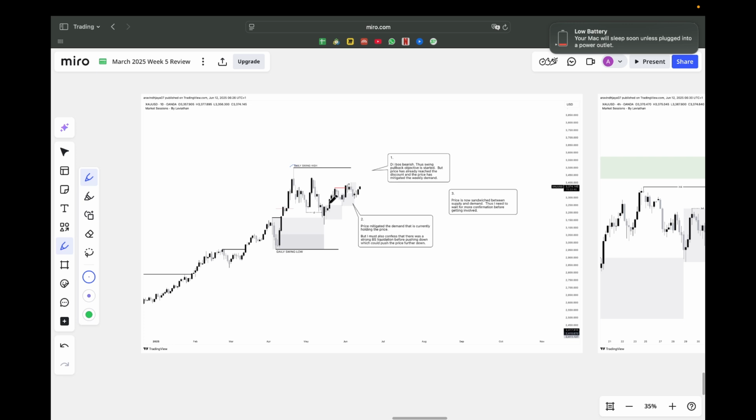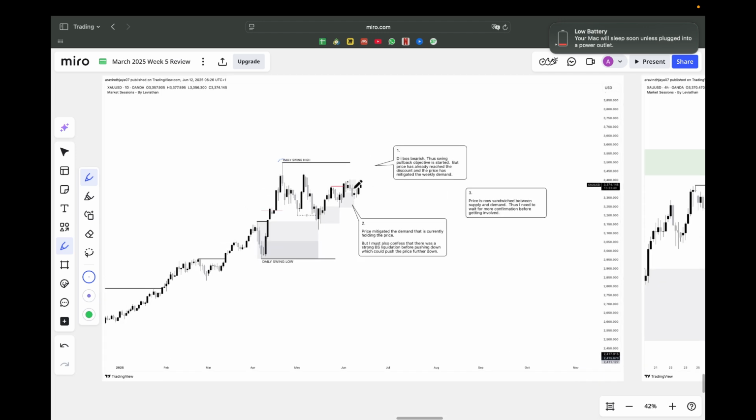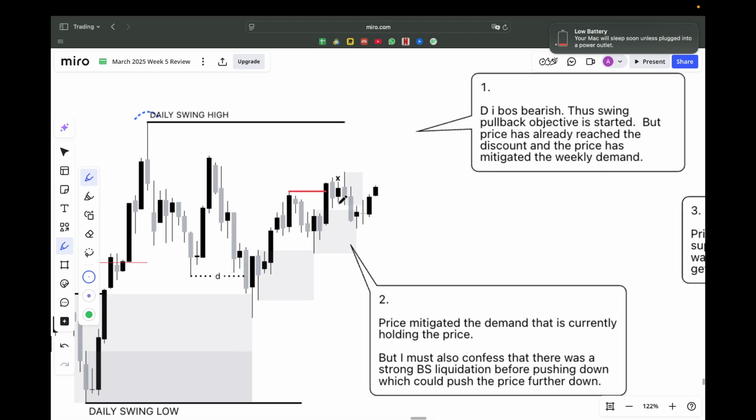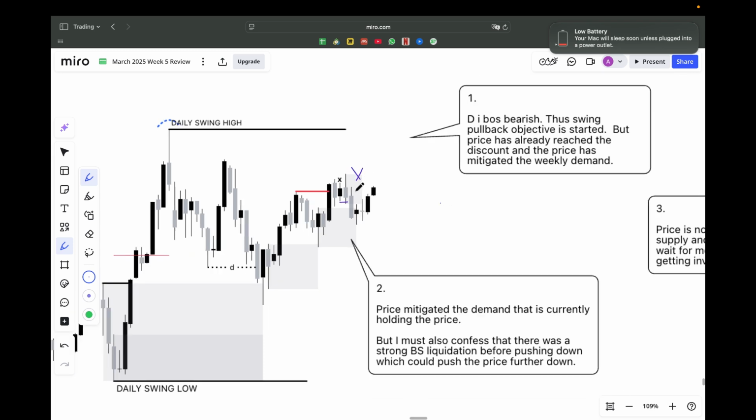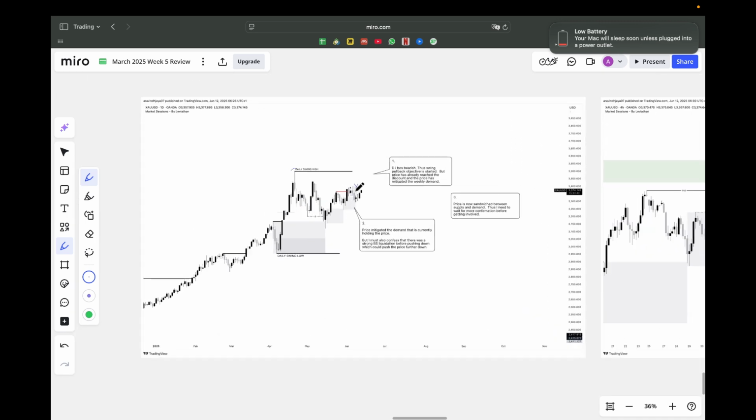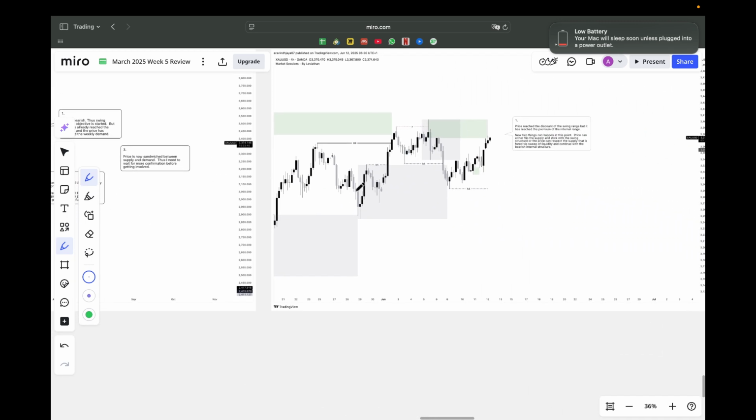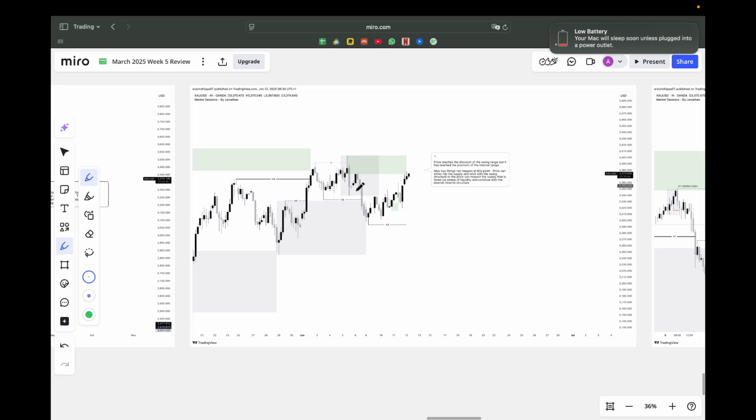So yeah, here we go. From the daily, it has not yet changed. It's June 12, not yet changed. But here I noticed something. Price actually chalked bearish. So then I marked this supply zone. Then I found that price is, yeah, sandwiched between supply and demand zones. And one more thing is, the swing structure is bullish, but the internal is bearish, and there is some kind of strong bullish structure stepping into the market.